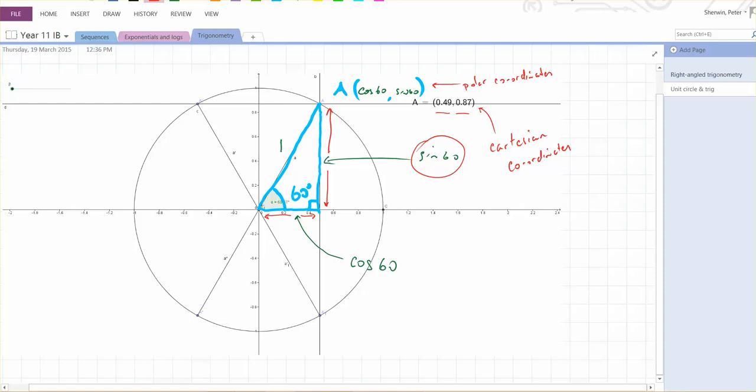because they refer to the angle. So polar coordinates, polar geometry is all based around angles rather than lengths. So they're polar coordinates, cos 60, sine 60, and what we should find is that cos 60 is equal to, actually cos 60 is equal to 0.5, so this is slightly out because this is not exactly 60, and sine 60 I think we found was equal to 0.87 to 2 decimal places, so you can check